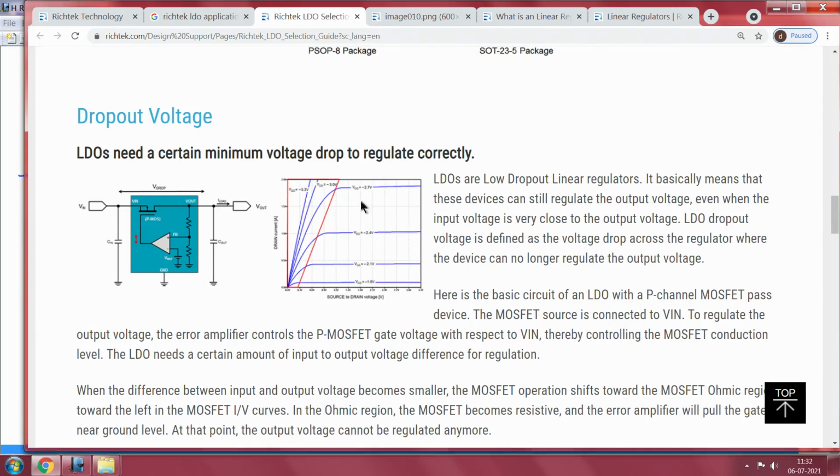The minus sign is attributed to the fact that this is a P channel MOSFET, and you know that you have to connect accordingly the polarity of the VGS with respect to the input, which is Vin. This VGS is controlled, isn't it? You keep pulling it up and down and changing the transconductance. You can see that this picture here is telling you that the MOSFET is now moving towards the ohmic region, as it is called, and this ohmic region will not let you regulate the output voltage anymore.